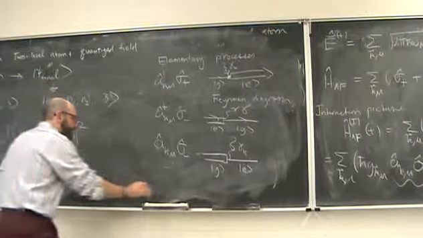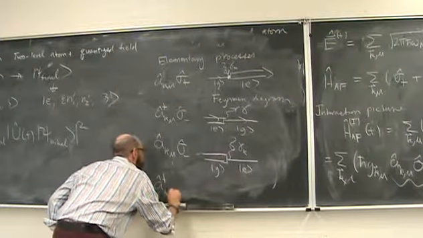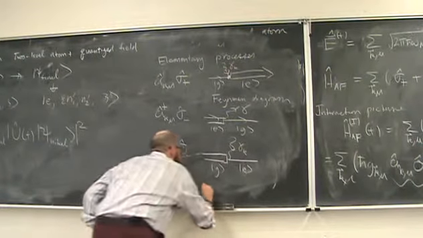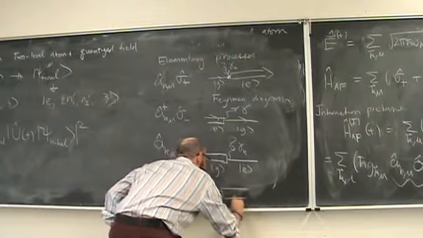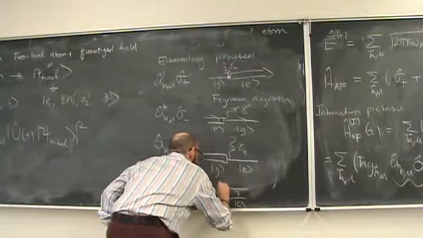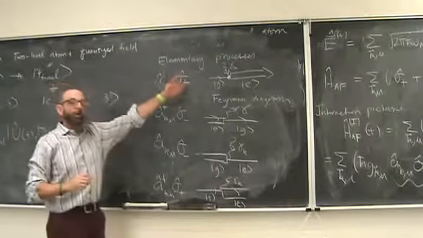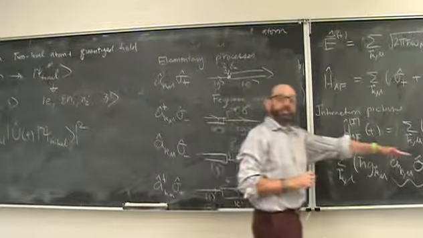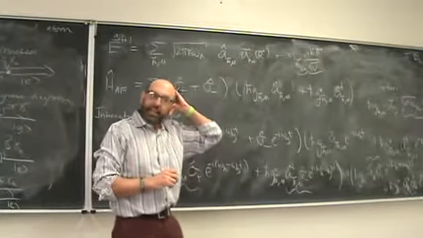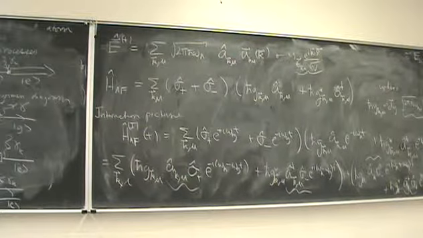Right? And we have the conjugate one, where I go from the ground state to the excited state, and I emit a photon. All those are possible elementary processes that exist in the Hamiltonian. But the question is, how do they contribute to,